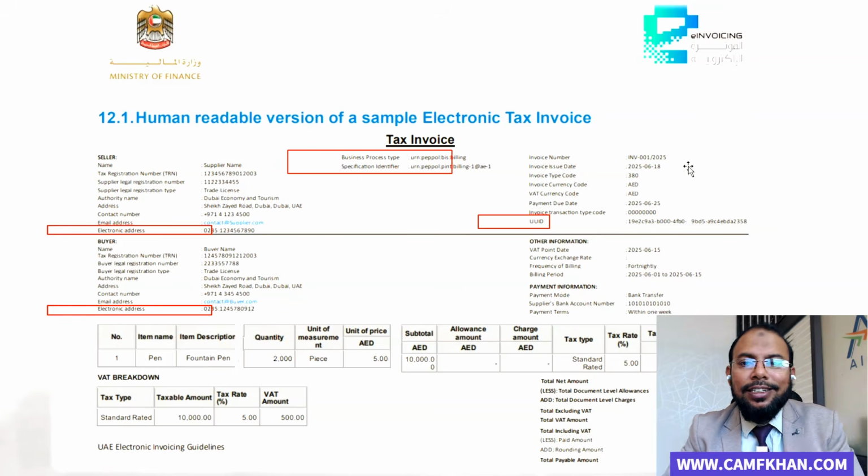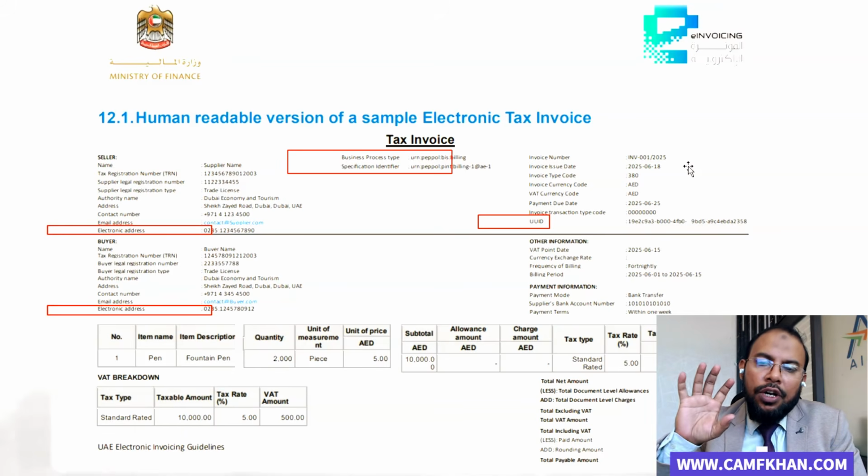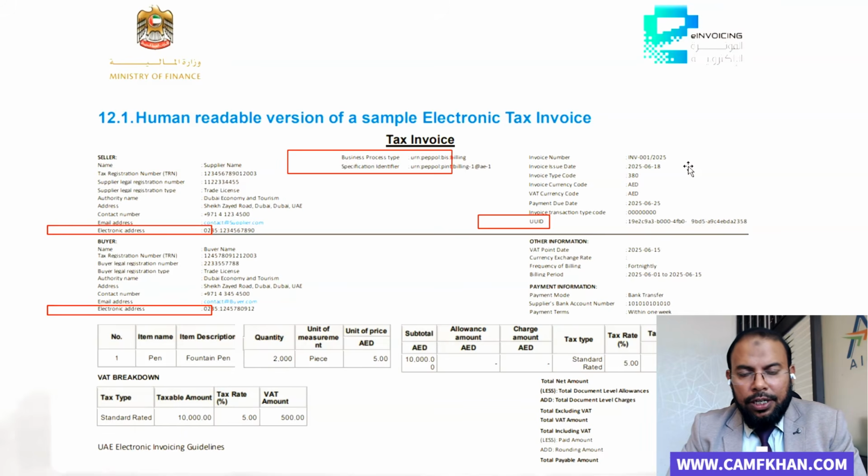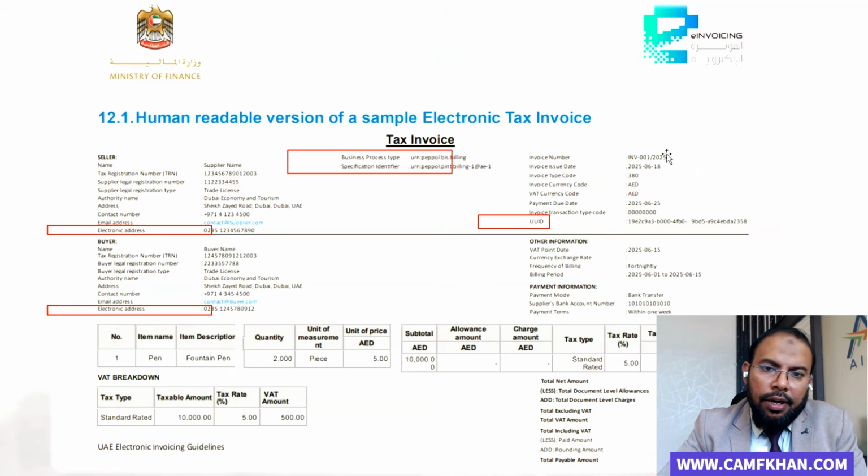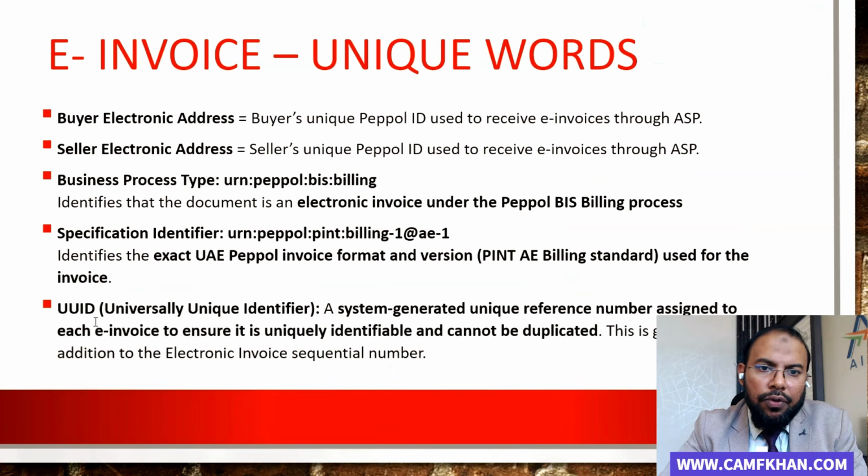You cannot see the QR code here, as many people assume. For the generation of an e-tax invoice there is a requirement of a QR code, but the FTA guidelines mention this type of format of electronic tax invoice, and there is no scope for a QR code. This is clear. And further, for understanding these typical words, we can move on.